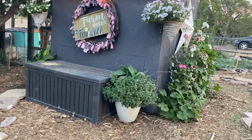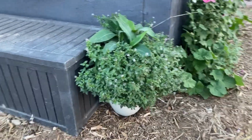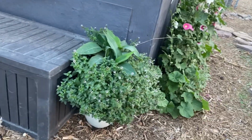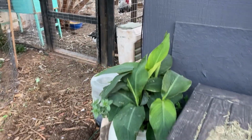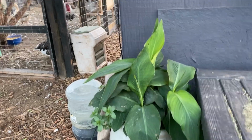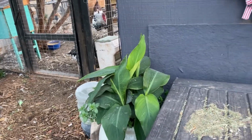I have been pretty disappointed with my canna lilies and mint. I actually like them mixed together quite a bit, but I've only had just a few blooms of the lilies, and if you guys have any tips for me on getting them to bloom, let me know. This one is really just starting to take off. The geese had taken back all of the mint, and then I had some watering issues, so the lily was definitely not very happy. So hopefully that's fixed. And then I showed you the hanging basket,